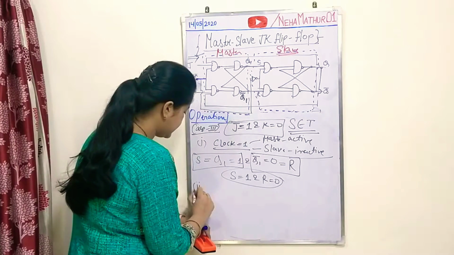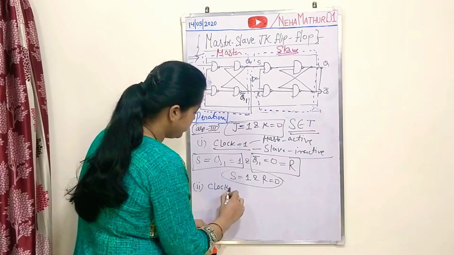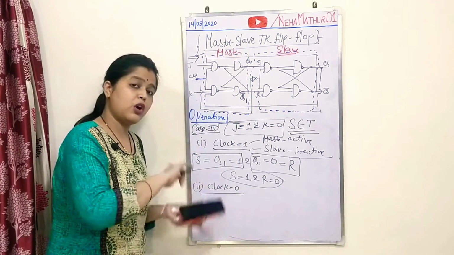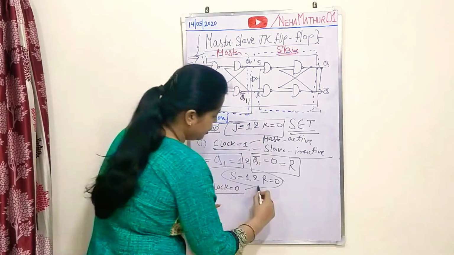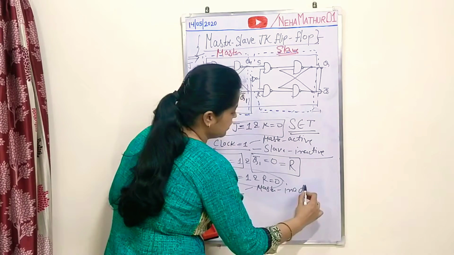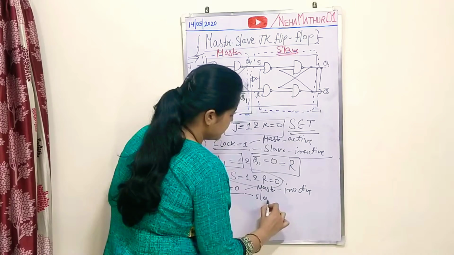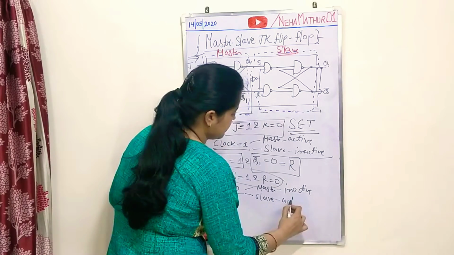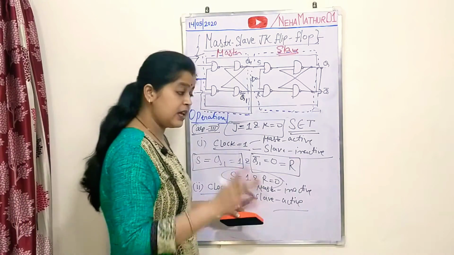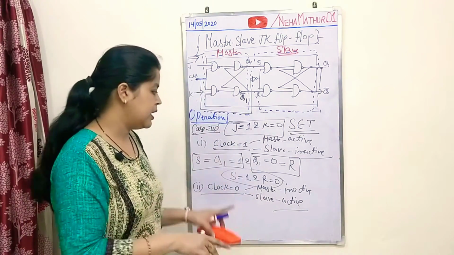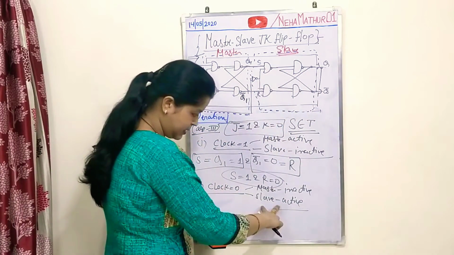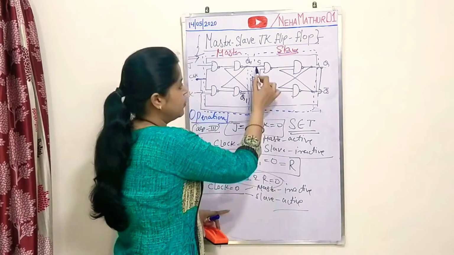Now come to the second step, in which you will have to apply your clock 1 to 0. Now your clock is 0. As your clock is set at 0, your master which was active becomes inactive, and now your slave is active. Fine. Now your slave is active and ready with its input, and its input is 1 0.